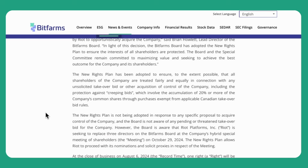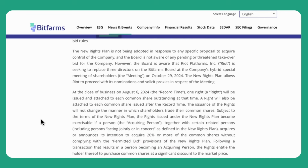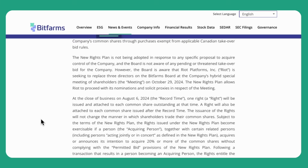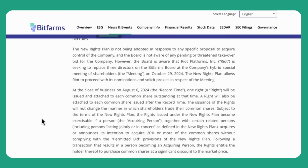Okay, very good. And Bitfarms says that they were creeping bids. And notice here again, it is an unsolicited takeover bid that Riot made on Bitfarms, right? Because Bitfarms, once again, does not need to get bought out. They have a lot of plans going forward that, if executed, should bring the stock back into a higher valuation. So here it says,